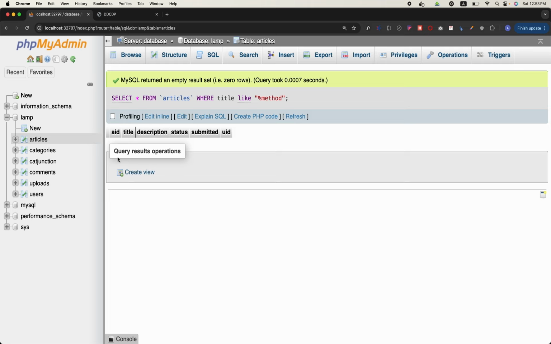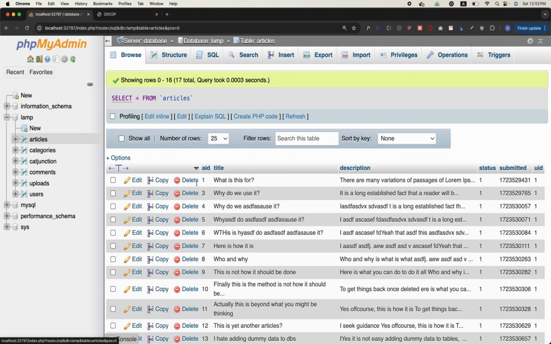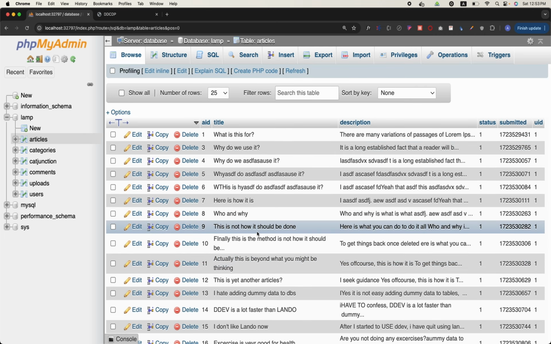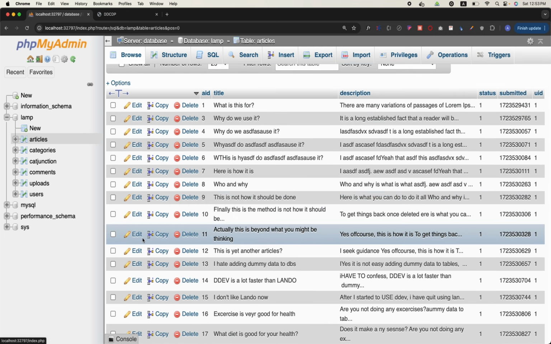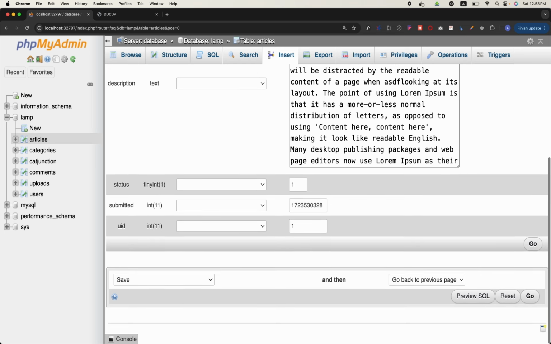Yes. No, because it thinks of it as the last word. For example, if I change any of the characters to maybe this one, this 11 one, if I change it to the last title as a word as method and go,